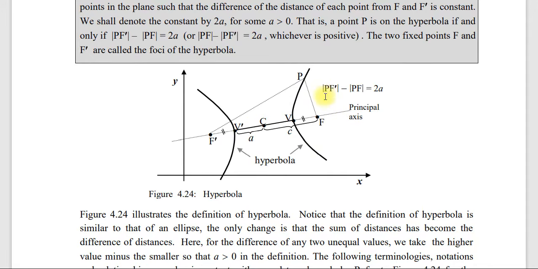እዚህ ጋር ደግሞ the magnitude of pf prime minus the magnitude of pf which is equal to twice of a ነው። a ማለት የቱ ነው? ከቨርቴክስ ይዞ ከሴንተሩ ድረስ ያለው a ነው። Okay, c ማለትስ ከሴንተሩ ይዞ እስከ ፎከሱ ያለው ደግሞ c ይባላል። እነዚህን ነገሮች ያዙ።